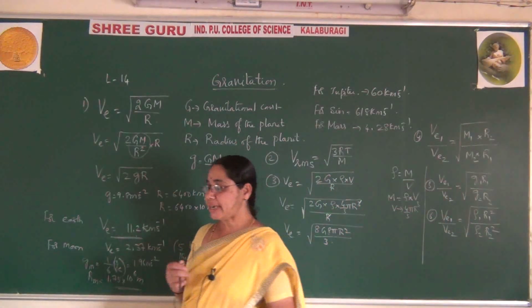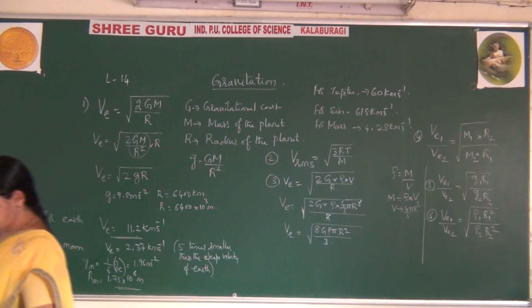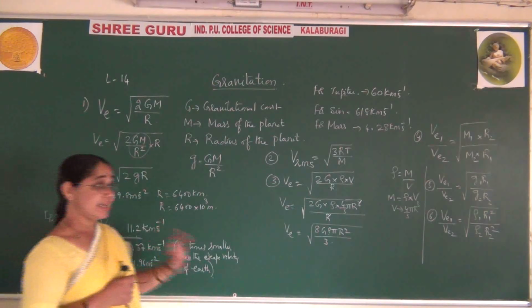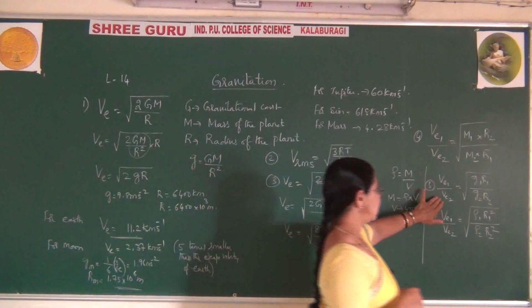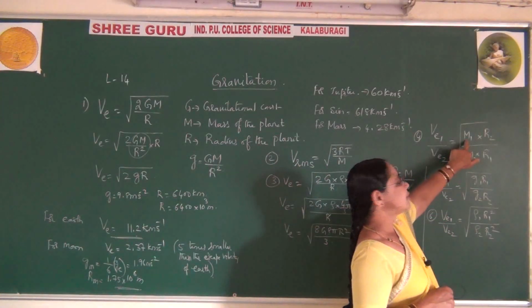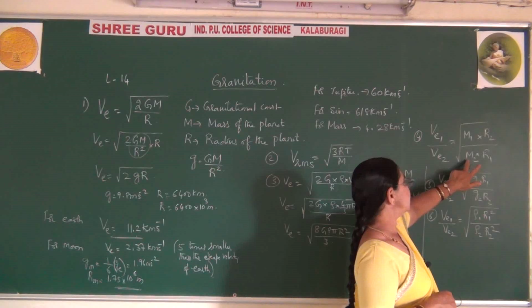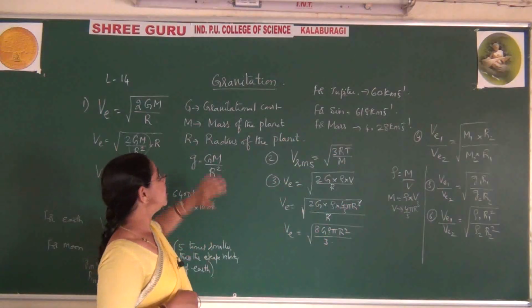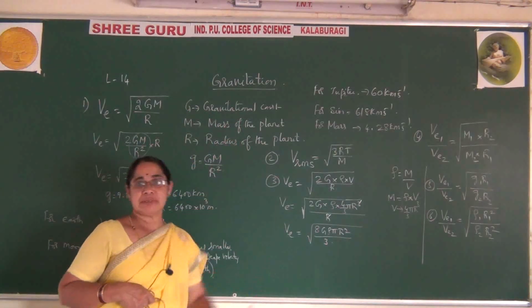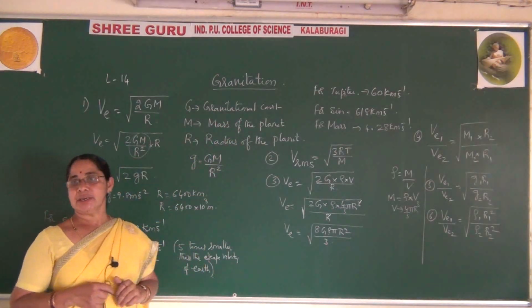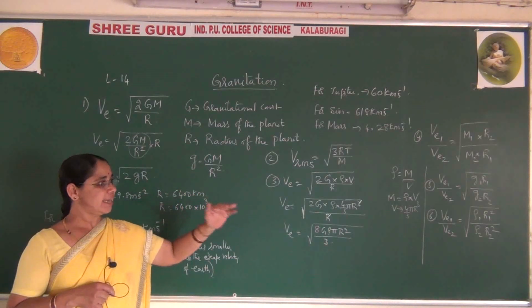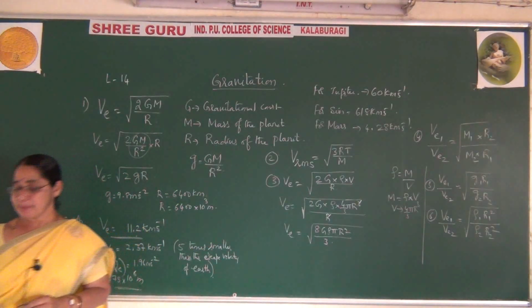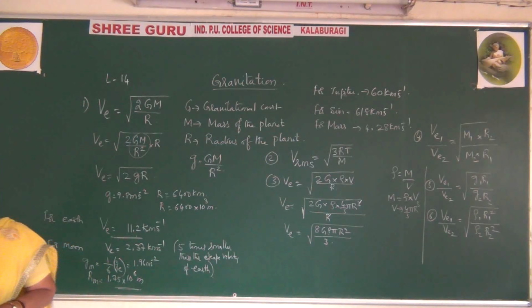So different formulas: using densities and radius, if you see those conditions, you are ready to use that. If only acceleration due to gravity and radius are given, you can use this one. If the mass of the planet and radius of the planet are given, you use this one. All these are the formulas you can remember whenever you come across problems based on escape velocity. Depending on the conditions, you use the suitable formula.